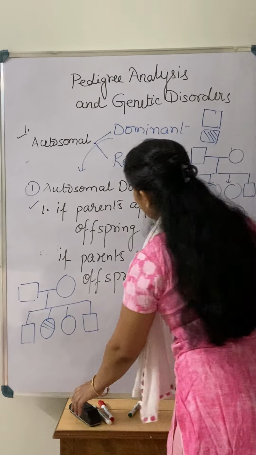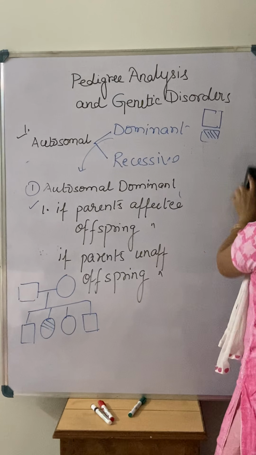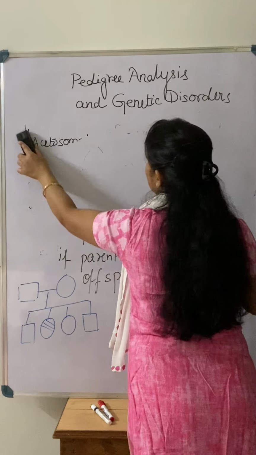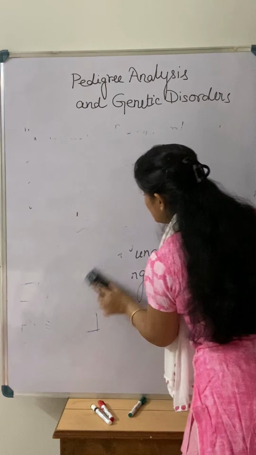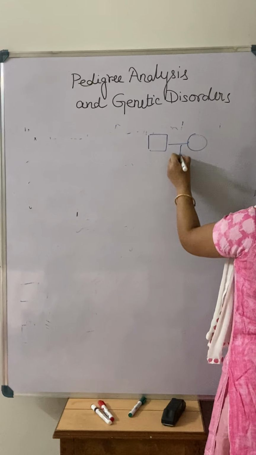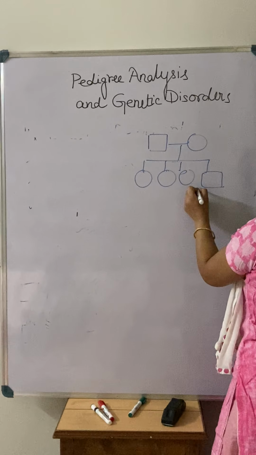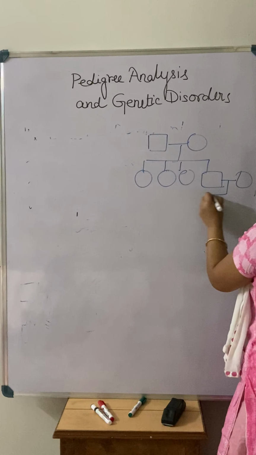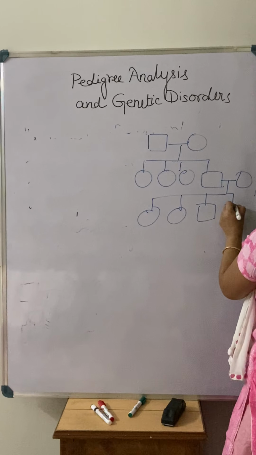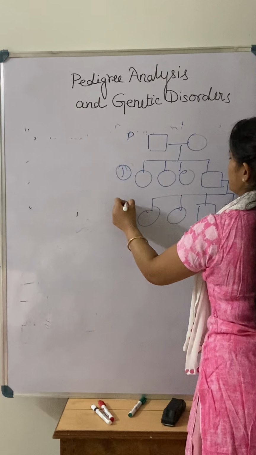Now when you see different kinds of pedigree in your book or in any solution book, you will get to know that different generations are given over there. First generation parent, then first generation, then second generation, third generation, in that way. So when you see that, you will get to know, for example, this is the first generation. Again this is going to be fused with another female, and again there is a next generation. So first parents, first generation, second generation, like that.